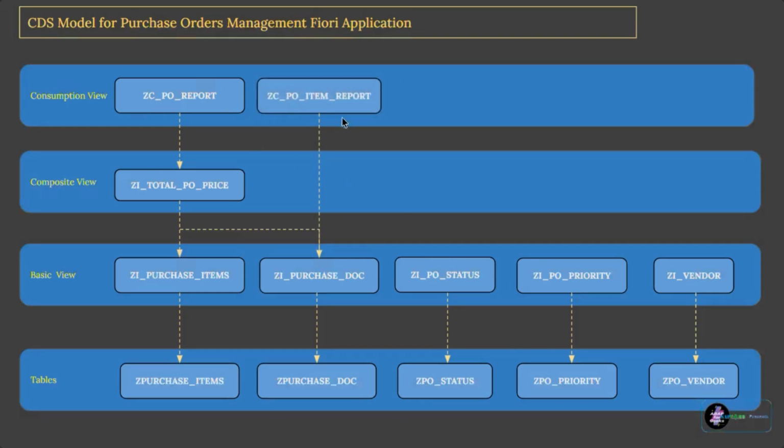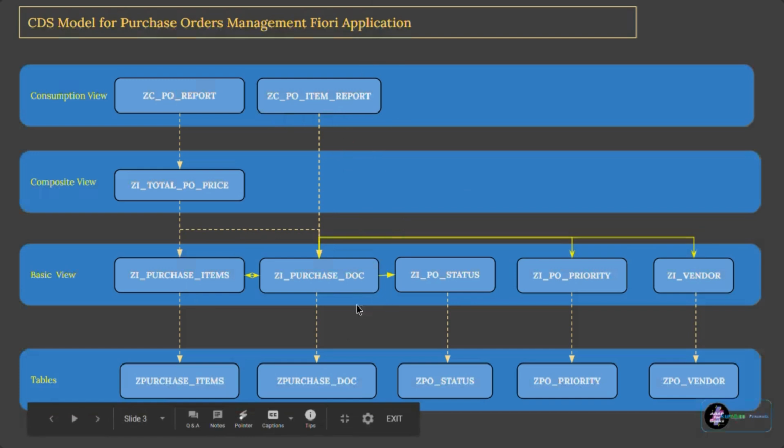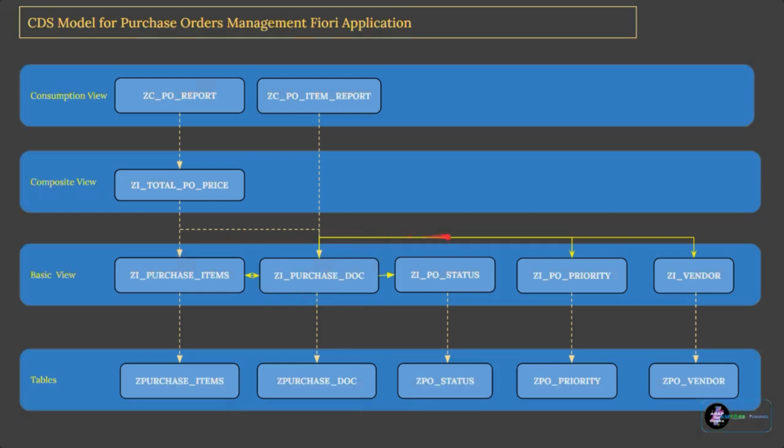Okay, and also create another CDS view, a consumption view, which will directly fetch the information from the report. And also, as I mentioned earlier, we have to provide as much information as possible. So if you look at this specific view, Z purchase document, if you observe, there are new arrows, which are in dark yellow. Here we have dotted yellow arrows, here we have dark yellow.